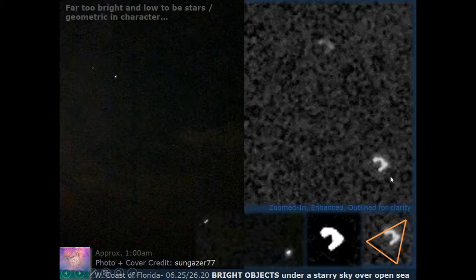So I zoomed in and changed the contrast, and I just see these kind of things have geometry to them now. I don't know if that was the trick of the camera doing that or not, but it also seems to have a triangle happening behind there too. So I'm just noting that. Hard to say exactly what that was, but maybe somebody out there, maybe one of you have also noticed a similar phenomenon and have a little more information on it,